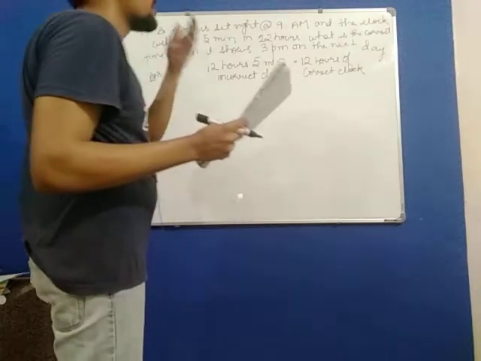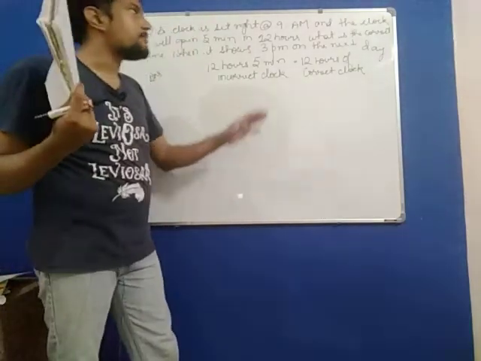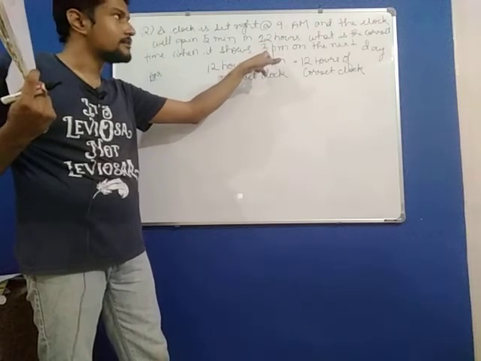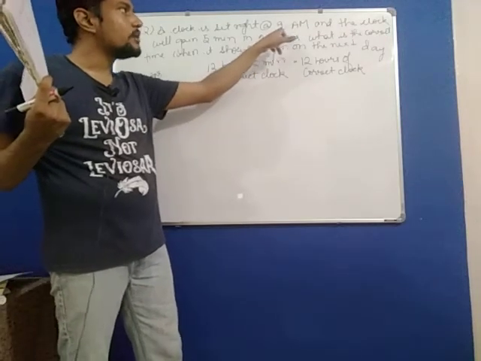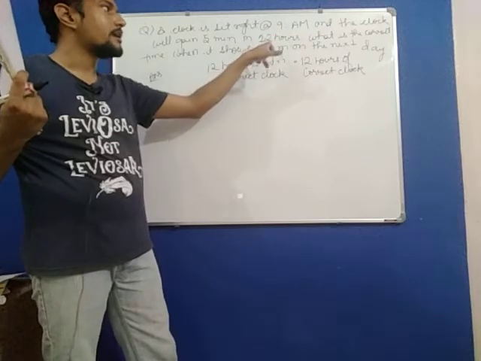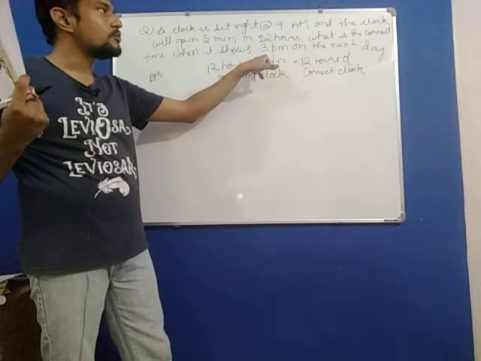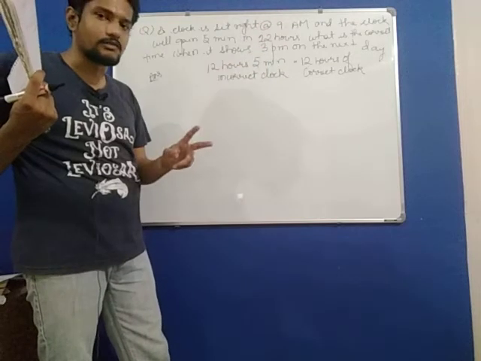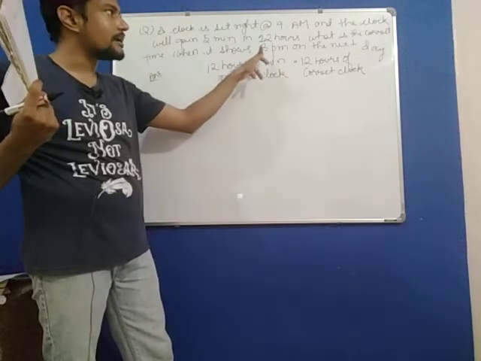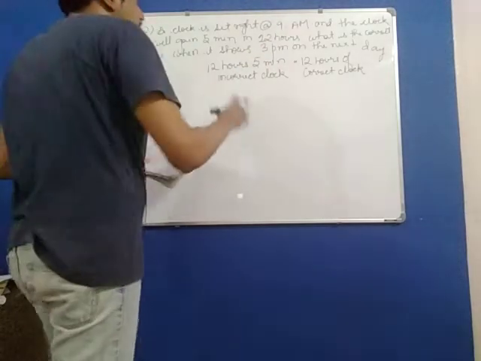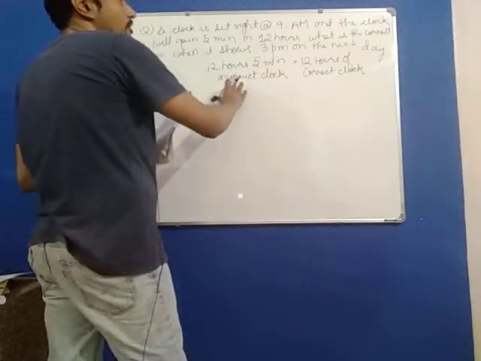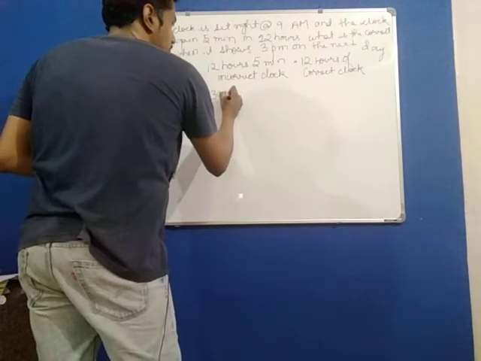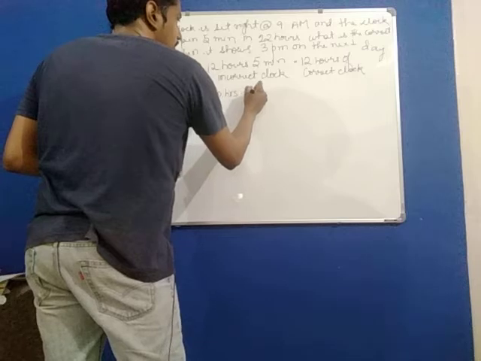Now, as per the incorrect clock, the amount of time that has passed is from 9 AM on one particular day to 3 PM on the next day. That is nothing but 9 to 9 is 24 hours, plus 3 hours is 27, plus 3 hours, that is 30 hours. As per the incorrect clock, 30 hours has passed. Okay. So 12 hours and 5 minutes of incorrect clock we know is equal to 12 hours of correct clock. So 30 hours of incorrect clock